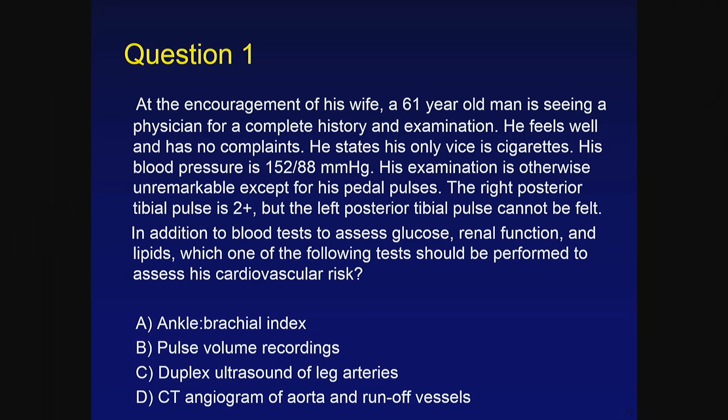Would it be A, the ankle brachial index, B, pulse volume recording, C, duplex ultrasound of the leg arteries, or D, CT angiogram of the aorta and the lower extremity arteries? And of course, the answer is the ankle brachial index, which would presumably diagnose the presence of peripheral artery disease. And as we know from the earlier slides, the presence of PAD, abnormal ankle brachial index, increases the risk of